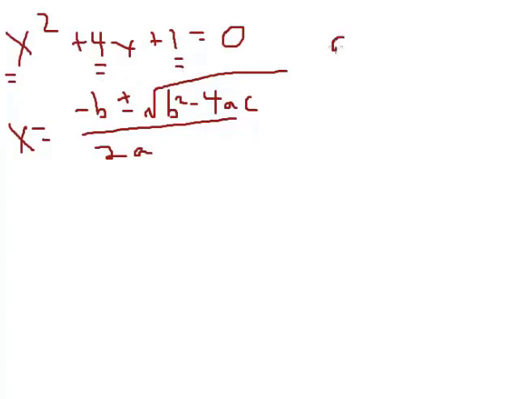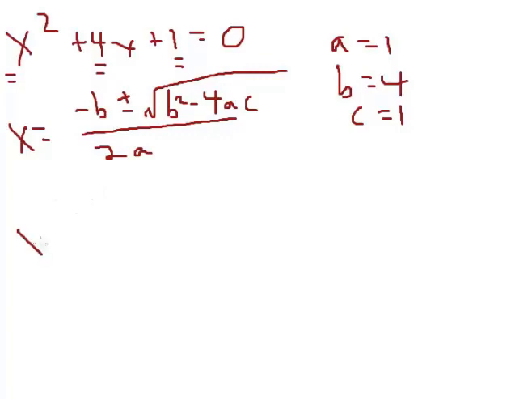So in our case, for example, a is a 1, because there's nothing next to the x squared, so there's a 1. Remember that's a 1 and not a 0, because 0x squared would be 0. So x squared is the same as 1x squared. The b is the thing next to the x, which is a 4, and the c, of course, is also a 1. Now, applying this formula,